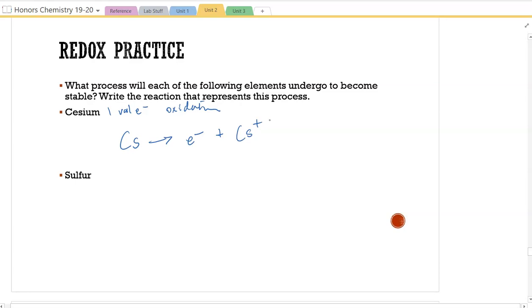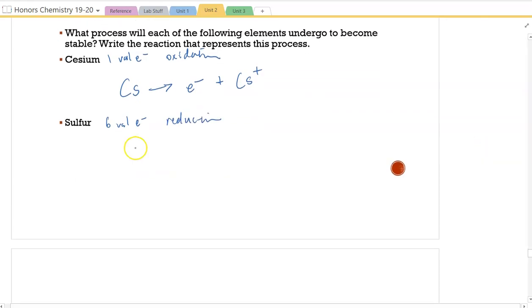And the sulfur is going to have 6 valence electrons. You have to be able to gain 2 more to reach the octet. So by gaining 2, that's going to undergo the process of reduction. So then sulfur will gain 2 electrons, and then inherently becomes S2 minus. Right? So we'll gain those 2 electrons embedded within the atom, and so we simply represent it as an ion,